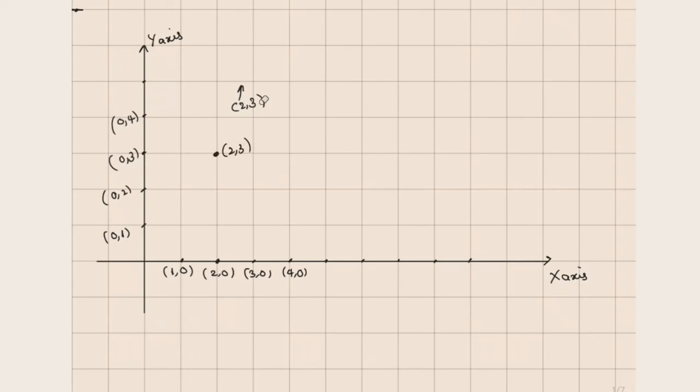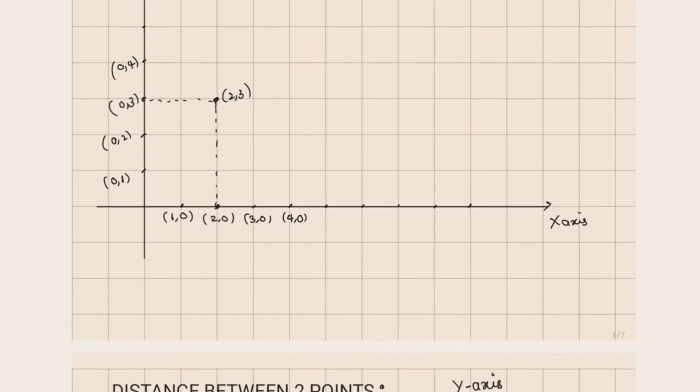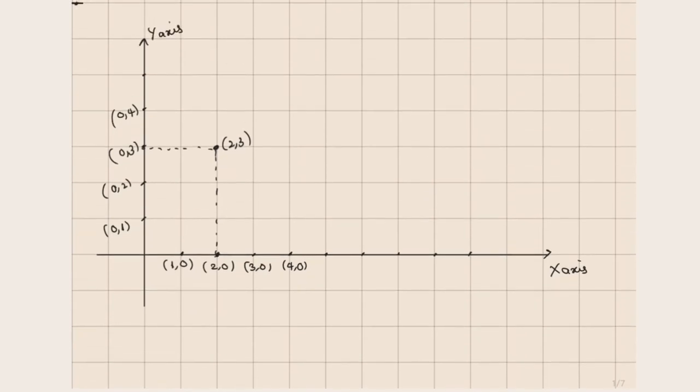To check, we can easily draw a perpendicular line to x-axis and draw a perpendicular line to the y-axis. Check whether its abscissa and its ordinate matches. Similarly, if you want to denote 4 comma 4, you go to 4 comma 0 and then you move upward. Then move upward to 0 comma 4. So the point will be here to here. So this point will be 4 comma 4.